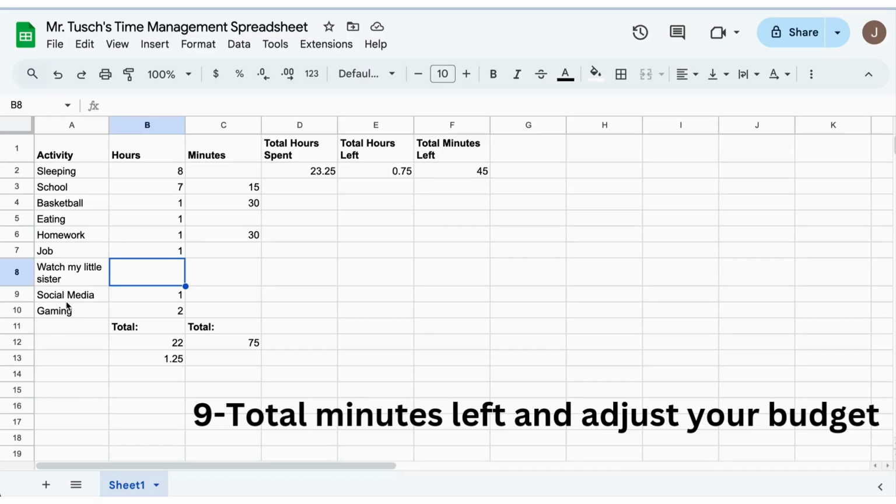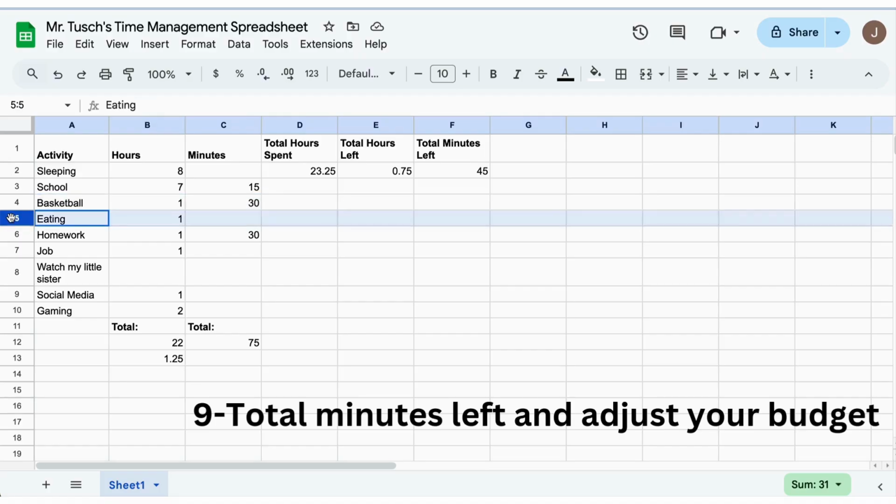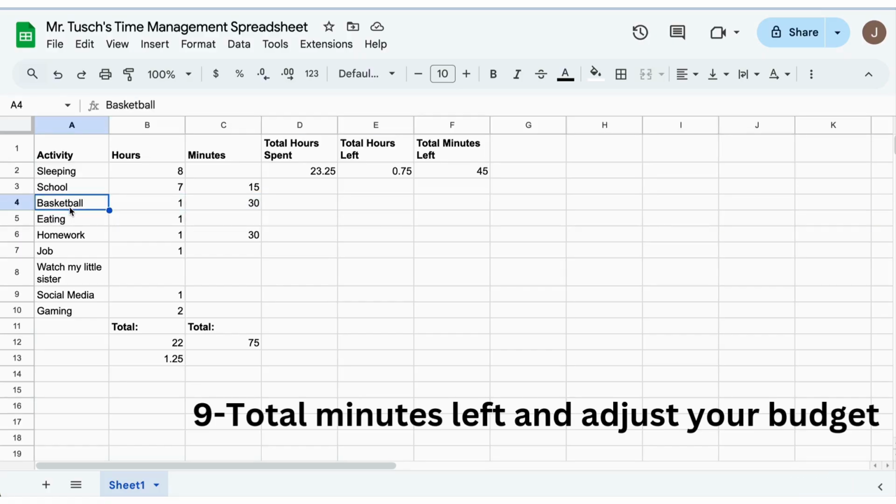So you budget your time out to decide what's important to you so that you know what's going to get done. Remember, you can't change your sleep, or I'd like you to not change your sleep. Can't change that you got to go to school. Want you to stay committed to your sports teams or your clubs. If yours doesn't say basketball, but maybe it says esports, or maybe yours says commitment to a club. Maybe you're a part of the anime club. I want you to stay committed to your activities, but just balance and budget your time.